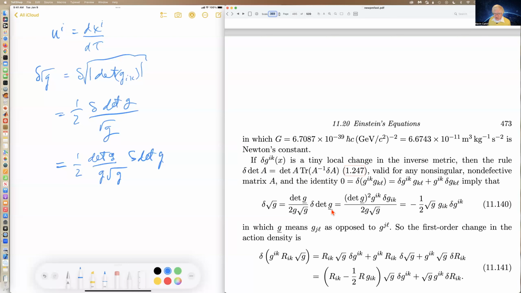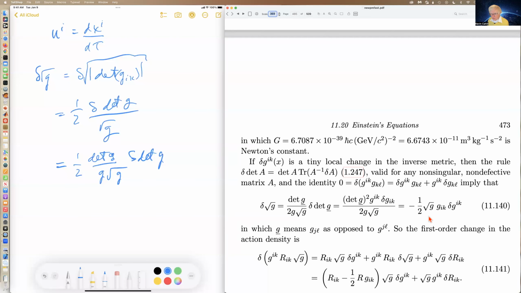And the inverse of g lower is g upper, and the change of that is this, and then this is the trace. And now one of these cancels one of those,